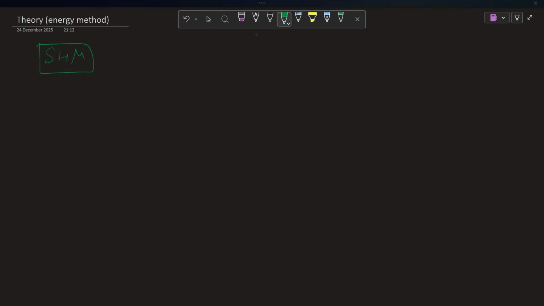As we know, the total energy in an SHM is always constant. We all know that because we have studied the JEE syllabus once and we are going for extra topics. So total energy is constant, which is the sum of kinetic energy and potential energy. For the energy method, the theory basically is that